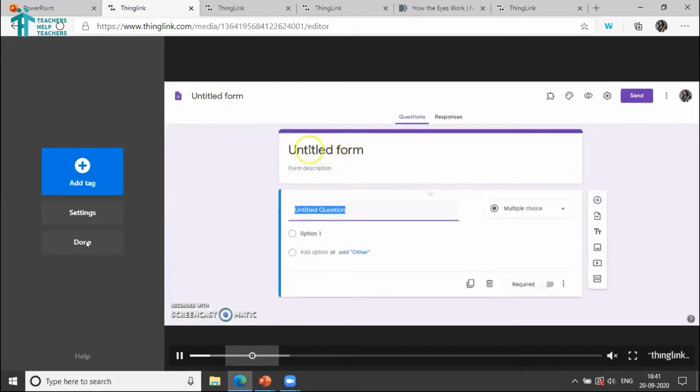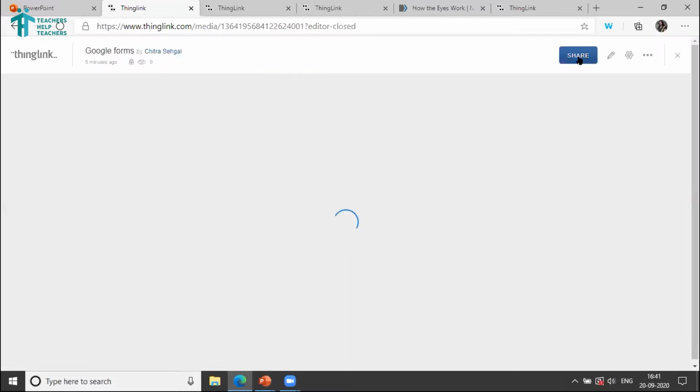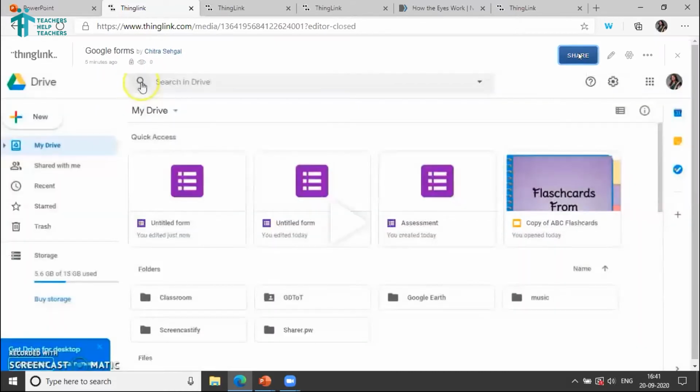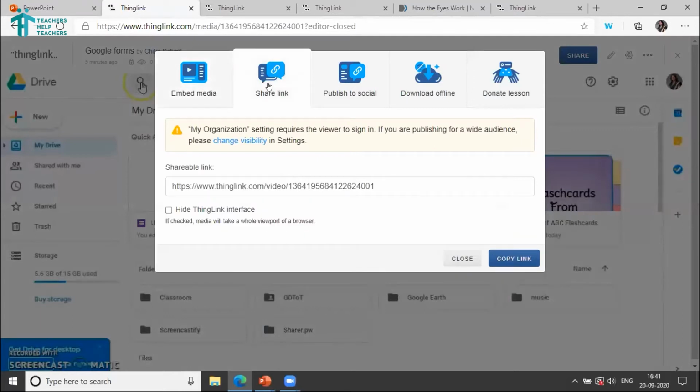And when you're done, you can just click on done. And again, sharing works the same way. You can click on the share option and share the link. I'm putting this link along again for all of you to see how the tag was working. I will check this one, copy the link, and put that again in the chat window so you can explore how it comes out for you. All right, you can try this one also. This is a video link, the one that I just sent.